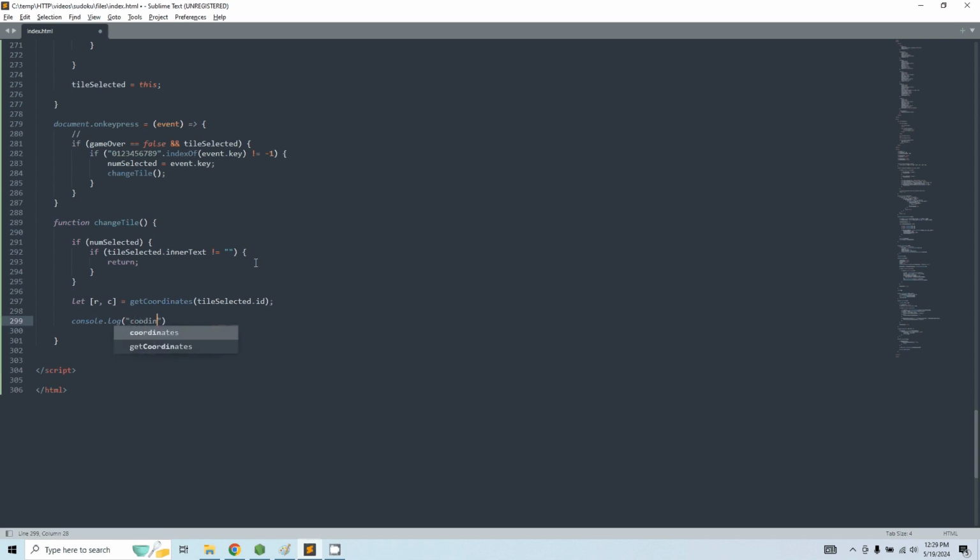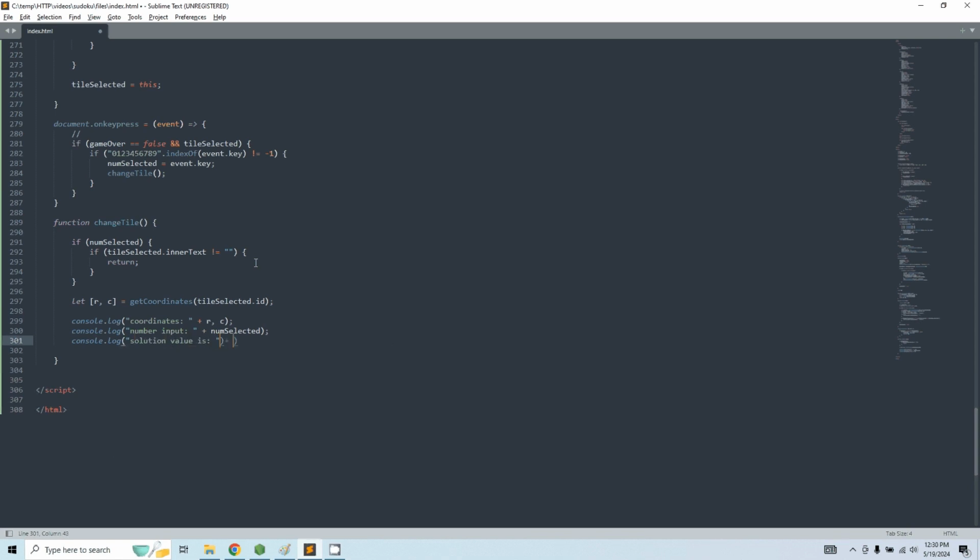So coordinates should be R and C. Console log the number input, which will be the num selected that we're pressing on the keyboard. And let's add another one for the solution